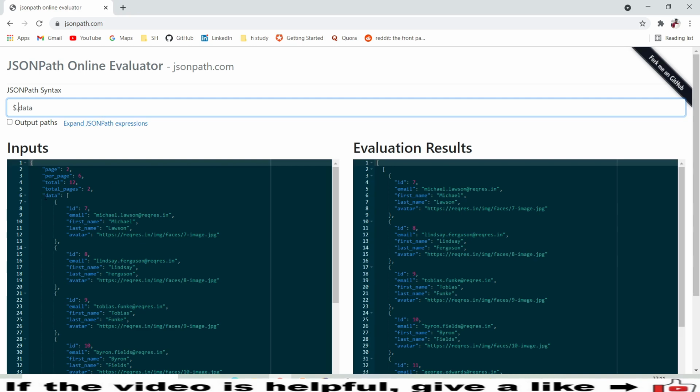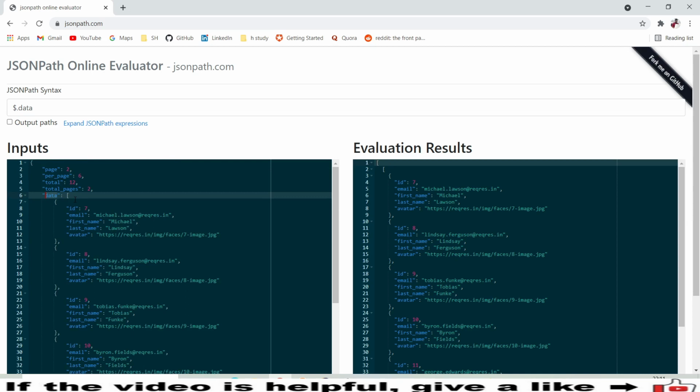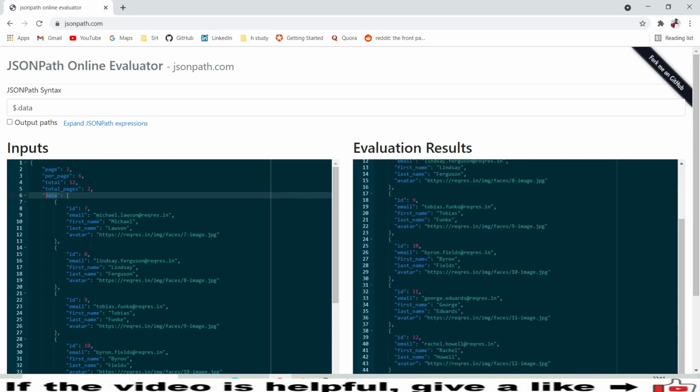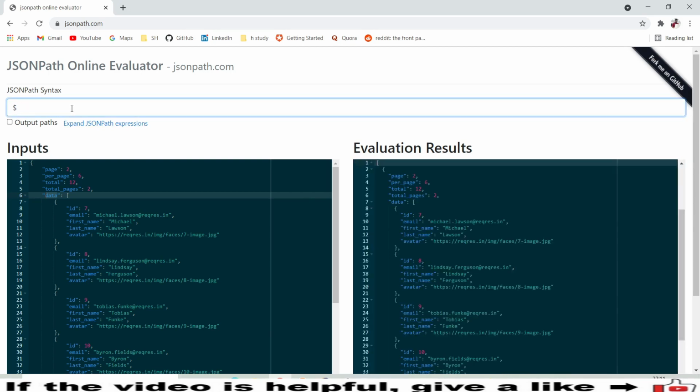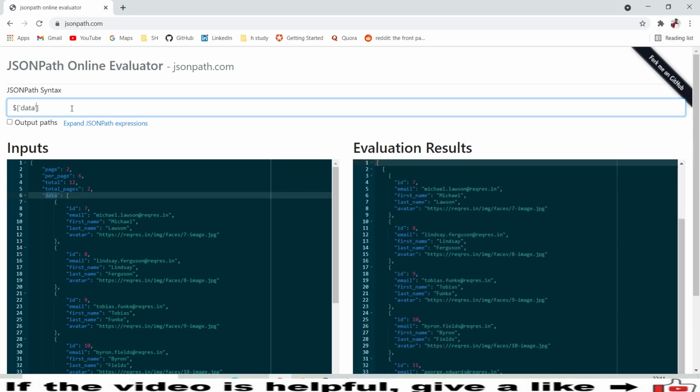You can see under this data we have all these elements in the JSON array type, and in the evaluation result you will see all the array results came in here. This is one way of writing, and you have another way where you can use an array kind of structure. You can use square braces open close and a single quotation. You can write data and end with a single quotation. So this is also one way of writing.